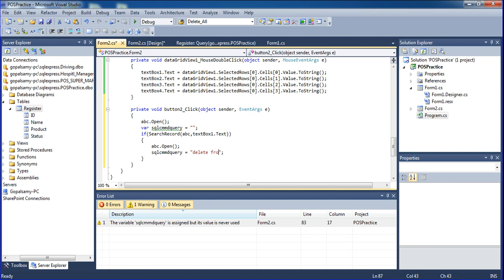Delete from register. Same as register, you should declare the same. Okay, there is a spelling mistake, but same as before, you should declare register. Get it from register